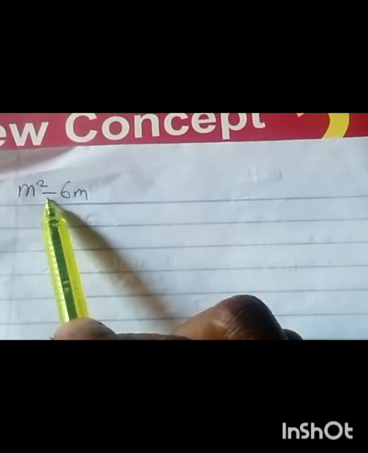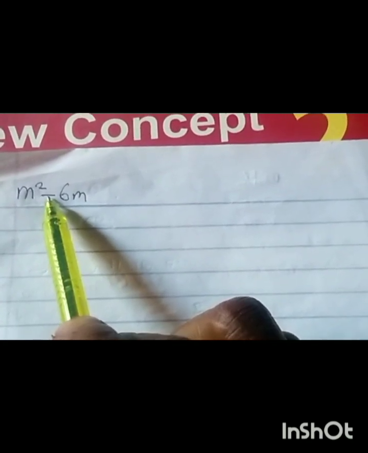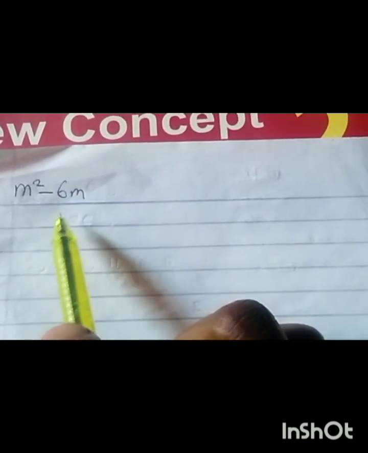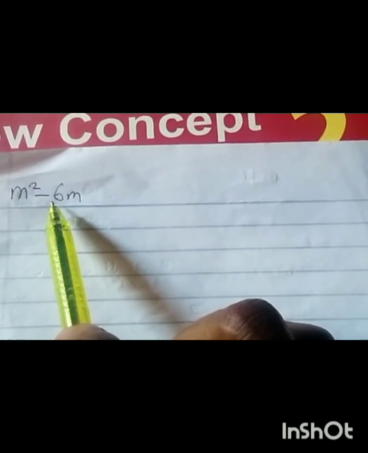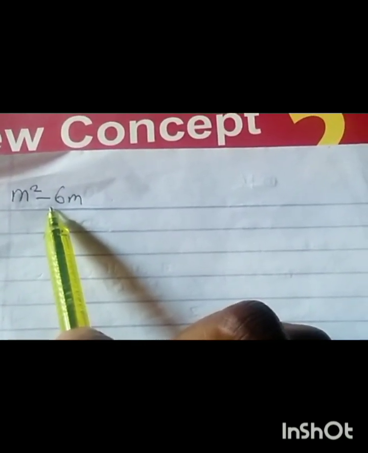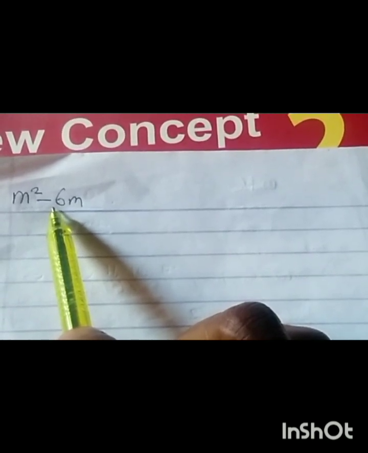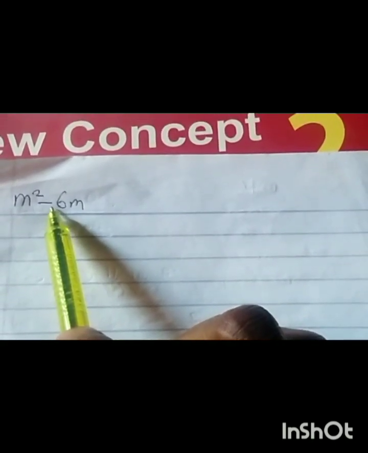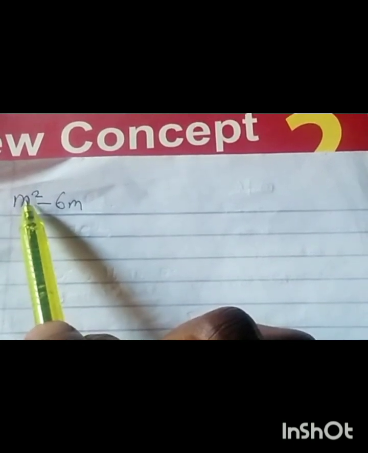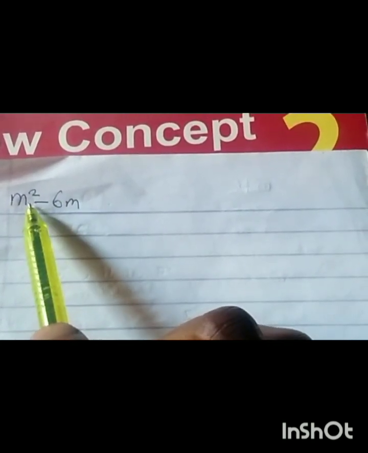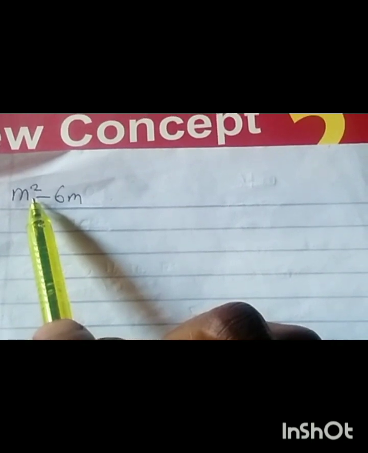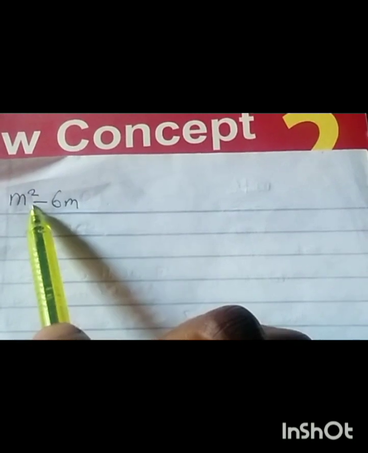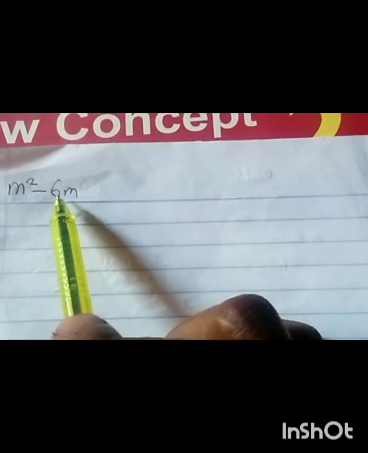Now, a perfect square is obtained when a term is multiplied by itself. What is obtained when a term is multiplied by itself is a perfect square. For example, 6 times 6 is 36. 36 is a perfect square. So we have m squared minus 6m. This is not a perfect square expression. So we want to look at what we add to m squared minus 6m to make it a perfect square